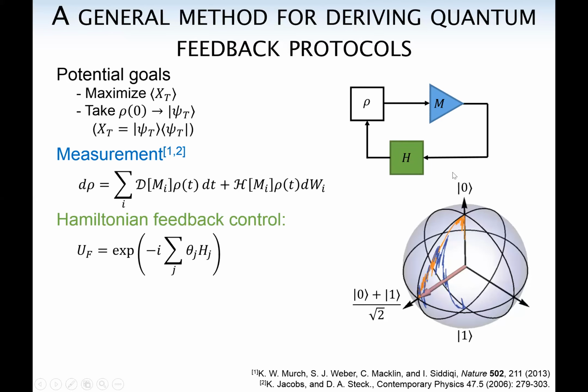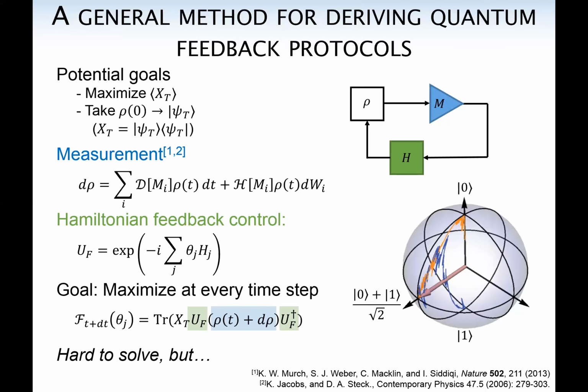That feedback can come in as a feedback Hamiltonian. And some controller can take the measurement outcomes, which are continuous, and then apply some feedback Hamiltonian or superposition of feedback Hamiltonians conditional on that measurement record. So, in general, this parameterizes any kind of unitary operation on the system. So it's completely general.